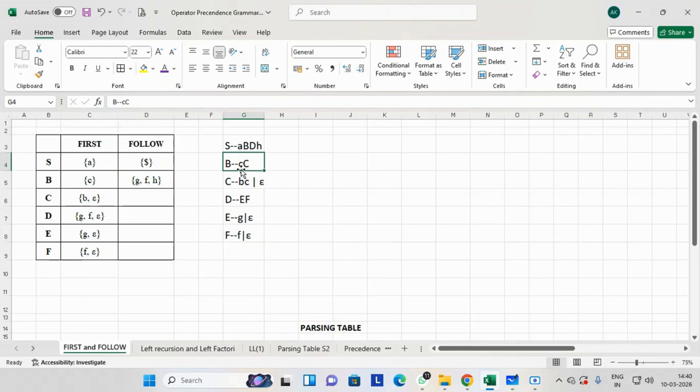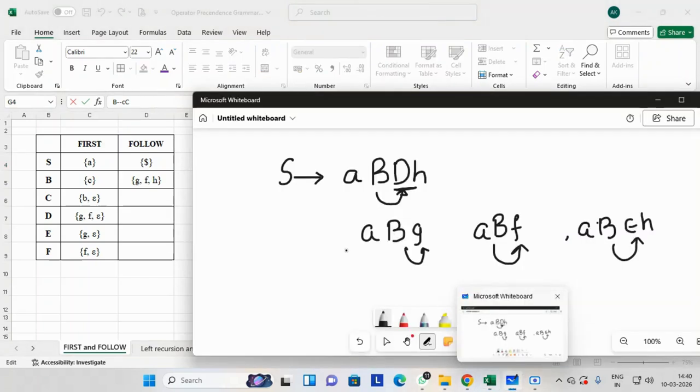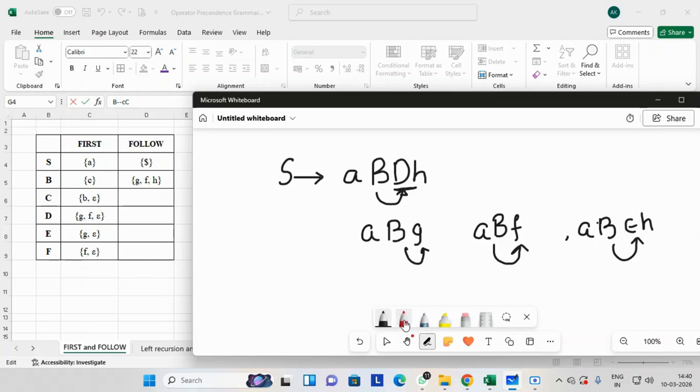Let us go for C. Now, where is C on the right hand side? So, this is the highlighted grammar where I can see. So, let us understand how to calculate follow for C. I'll just write it with some other pen so it is more clear. So my production for my C is visible here, B giving small c, capital C. Now if you observe, I can see a capital C over here.